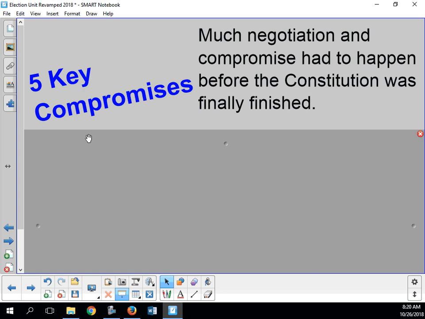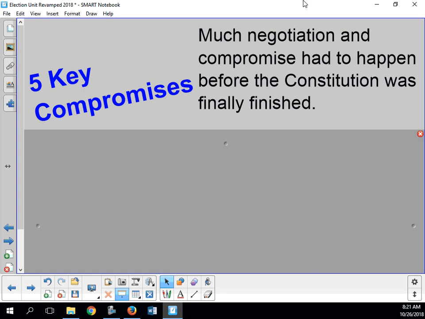Before the Federal Constitution was finished, and in some cases even started, there were arguments and disagreements about how to do this. These guys didn't arrive finished. Okay? Whenever you get with a group of people, especially people from different backgrounds, do they agree? Not usually. No, they do not. They usually have some sort of disagreement or difficulty in coming to agreements.